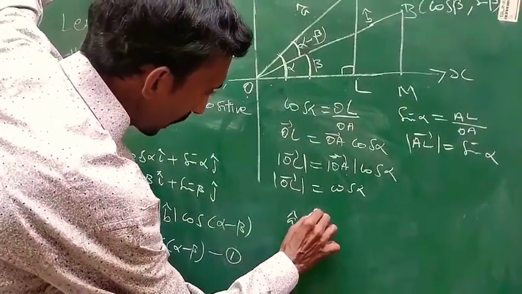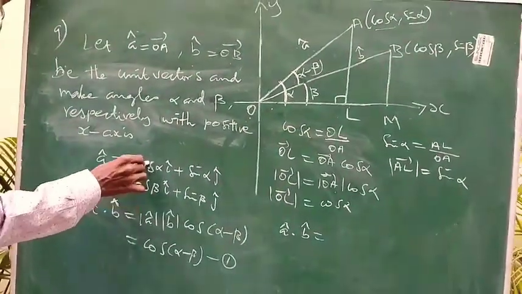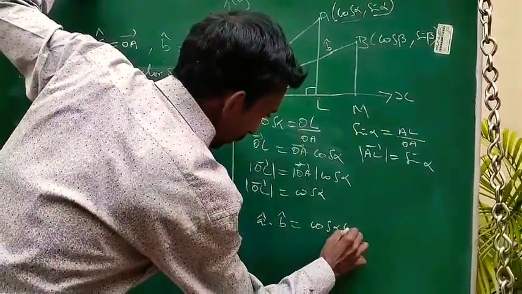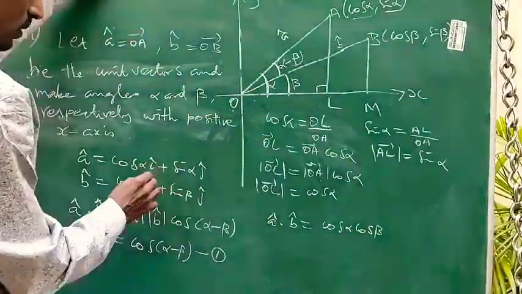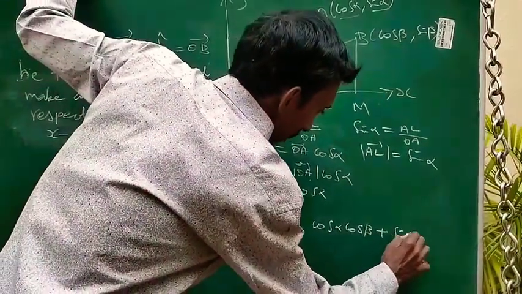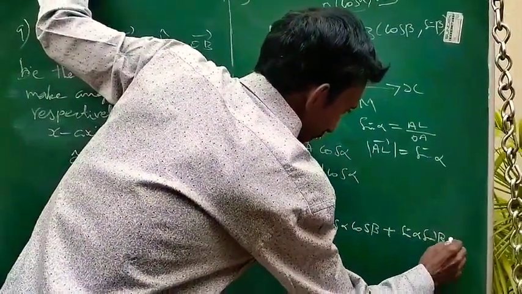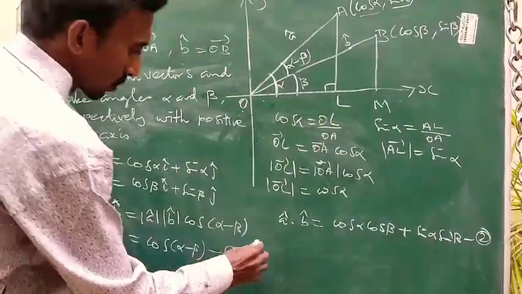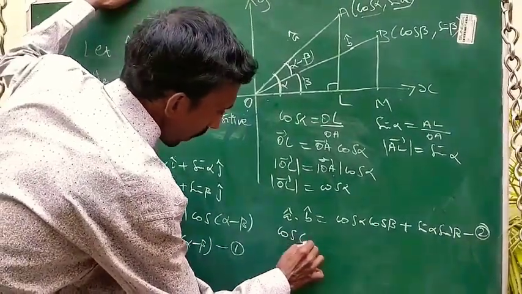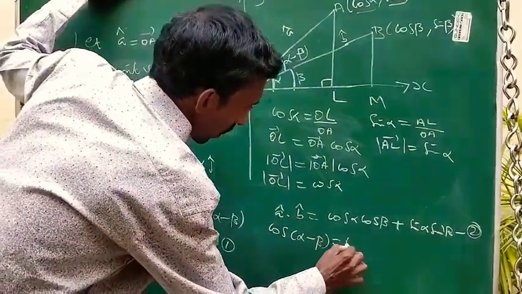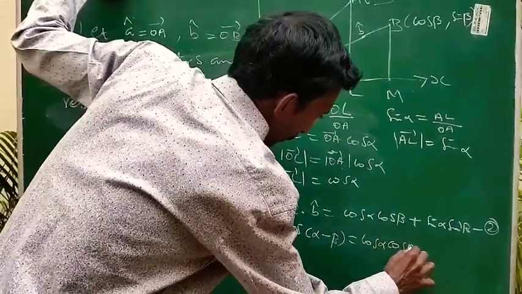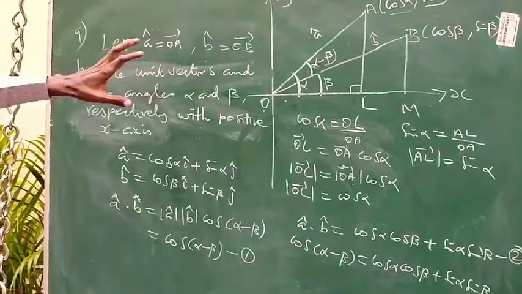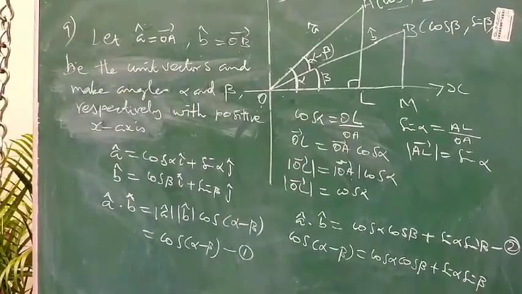Then by ordinary multiplication, as already told you, multiply the same components. So cos alpha into cos beta, i dot i is 1. Similarly, plus sin alpha into sin beta, j dot j is 1. So from 1 and 2, cos(alpha minus beta) equals cos alpha cos beta plus sin alpha sin beta. The same thing for sin(alpha minus beta).